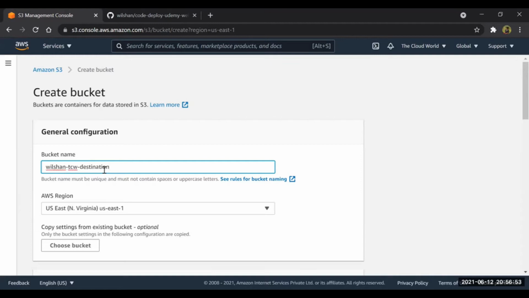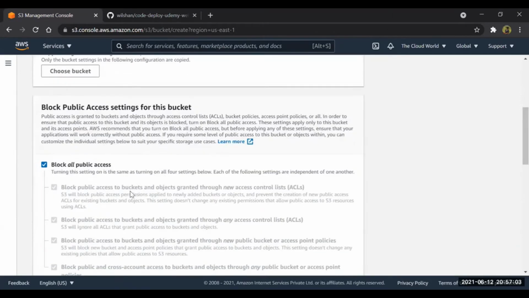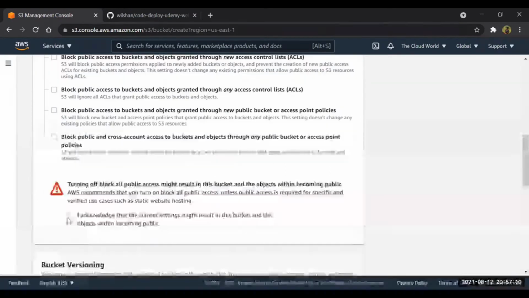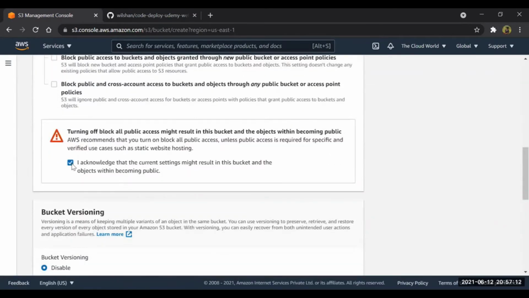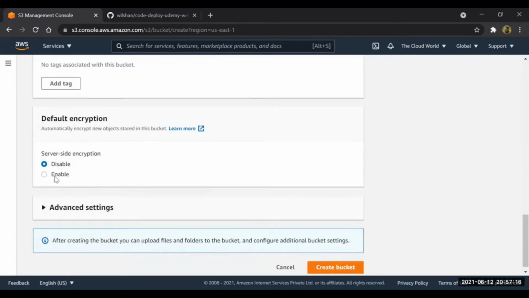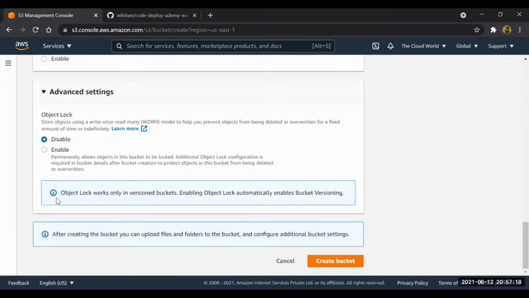In this bucket I'm going to deploy my code, and later on I'll just host a static website using this S3 bucket. Since I'm going to host a website, I will allow all the traffic from the public internet. I'll enable the versioning in advanced settings. Whatever is there, it's fine. Okay, so we have created a bucket.